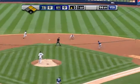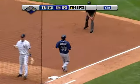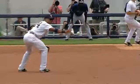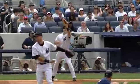This could be a double play. There's one. On to first. It is a double play. 4-6-3 off the bat of Navarro. And CC Sabathia gets out of trouble. No runs, a hit, no errors. And because of this DP, just one man left. We go to the bottom of the